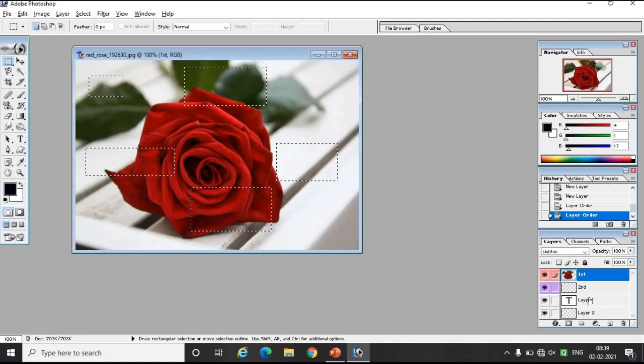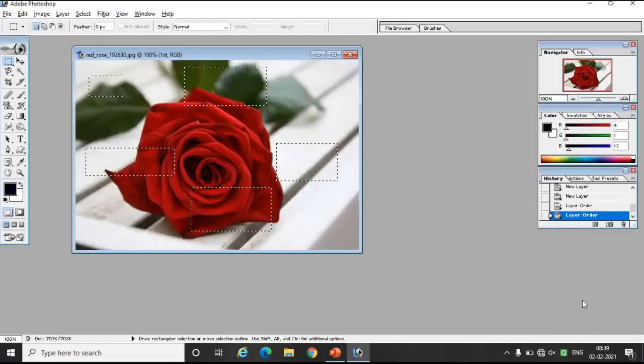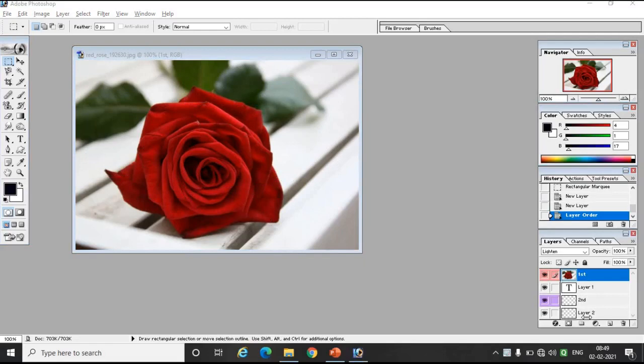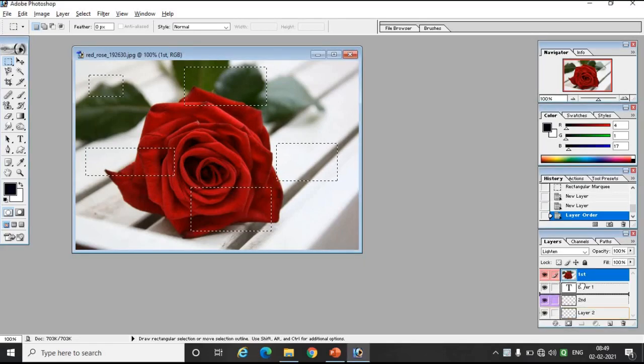Just drag the layer whose order you want to change. Suppose I want to change this order. So just drag it from one position and drop it wherever you want. Okay, so in this way we can change the order of our layers.